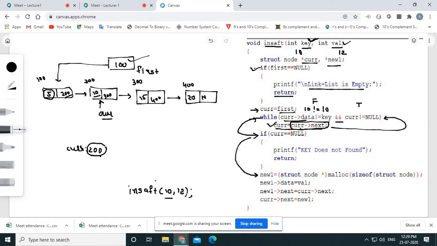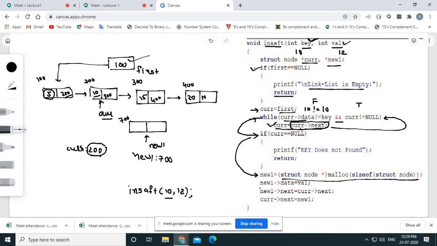Now here we have an additional pointer called the new one pointer. First we are creating a new node. You know that whenever we call the malloc function, a new node will be created in memory like this. Suppose this time the computer gets a free address 700, so 700 will be there, and our new one pointer is pointing to 700. So new one is having 700.